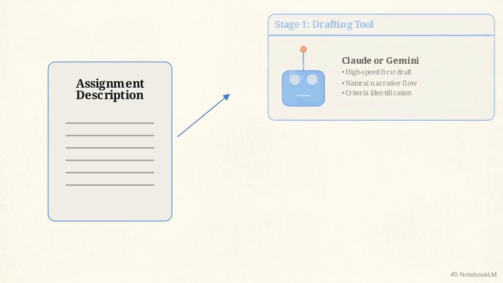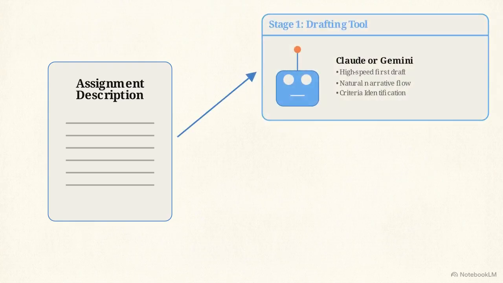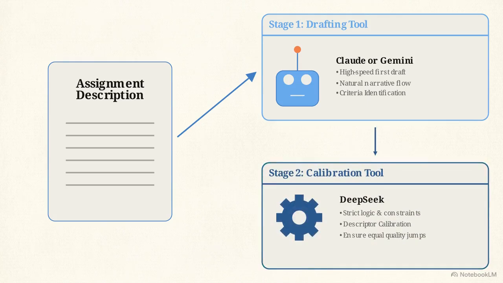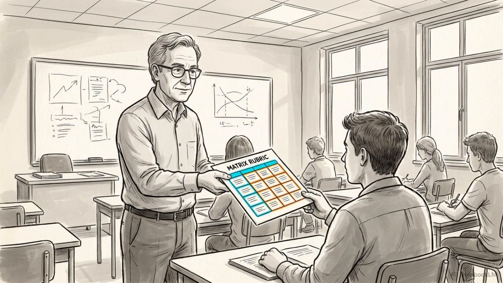To start, prepare a one-paragraph description of an assignment from your course. Then, open two browser tabs, one for Claude or Gemini to draft the rubric, and one for DeepSeek to handle the strict calibration step. A well-designed rubric serves as a primary communication channel, clarifying academic expectations before students begin their